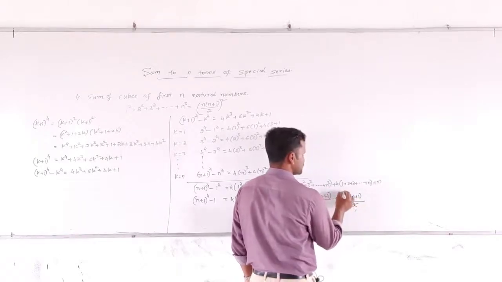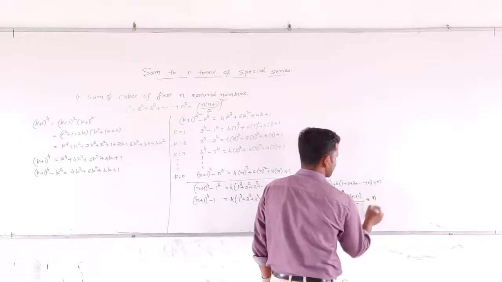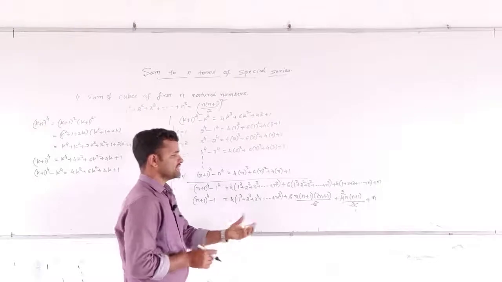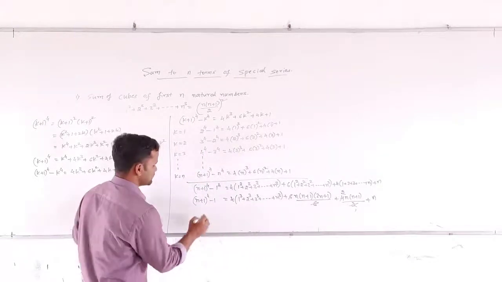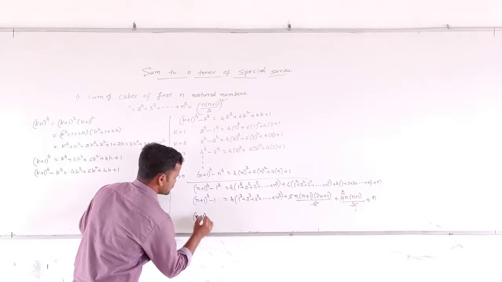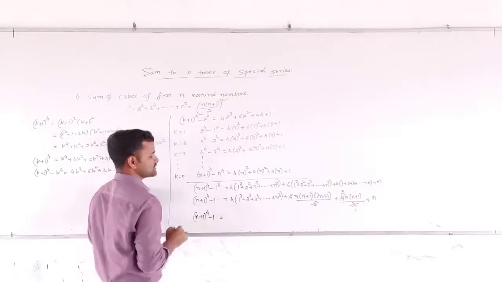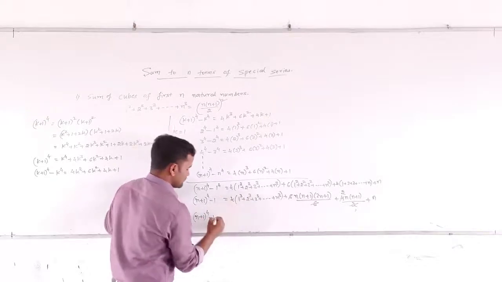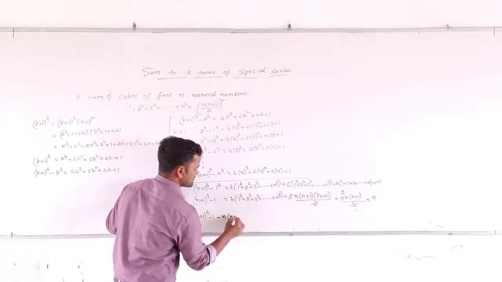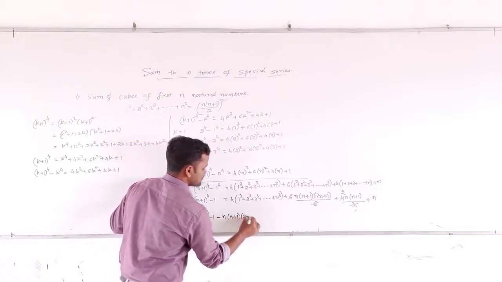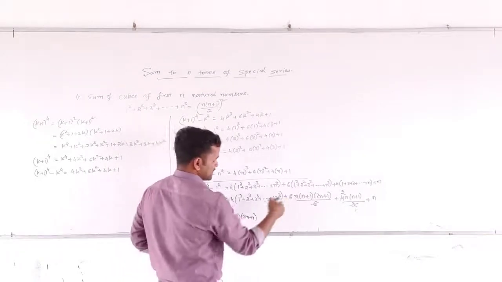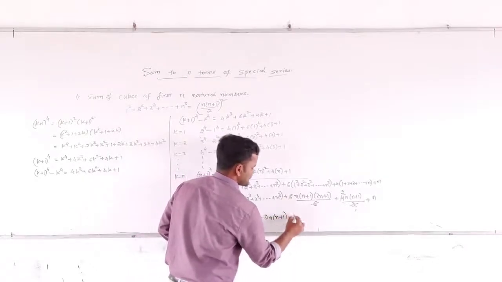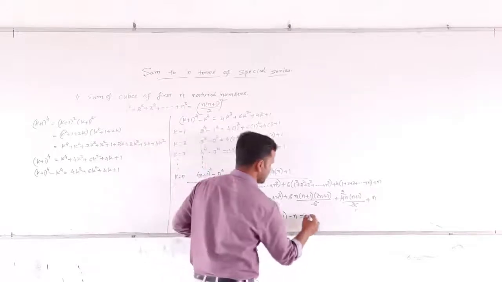2 ones are 2, 2 twos are 2 squared, plus n, we will write here. Okay. Here what we do, we will take all these terms to the left hand side. (n plus 1) raised to 4 minus 1, which is equal to, sorry, I am taking all those terms to the left hand side, minus n into (n plus 1) into (2n plus 1), minus 2 into n into (n plus 1), minus n, which is equal to